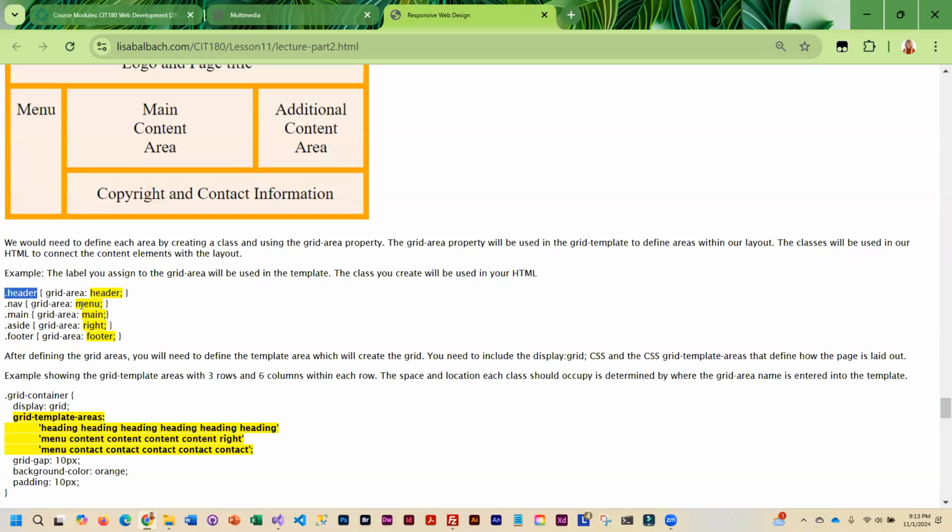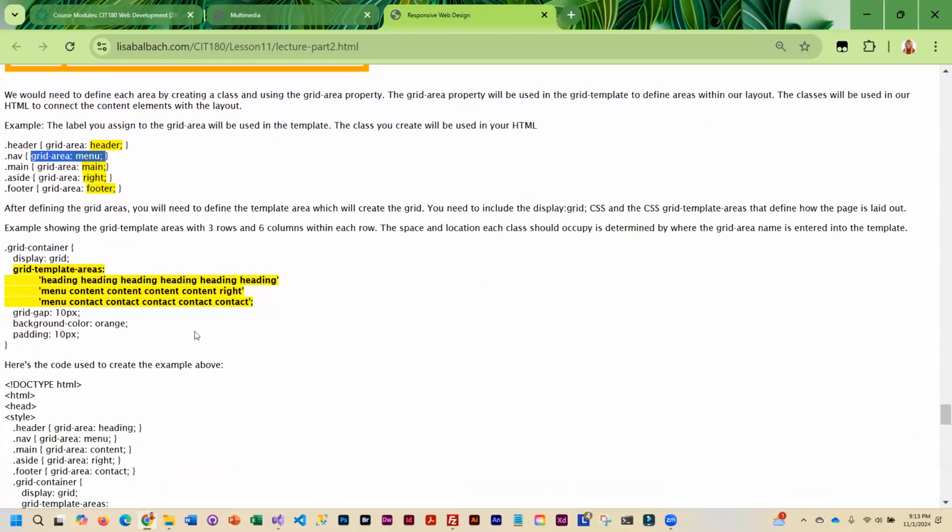So the header class, which is going to go into my HTML, is associated with the header grid area. My navigation class, which goes into my HTML, is associated with this menu grid area. Okay, so you build the associations here, and then you create a grid container,